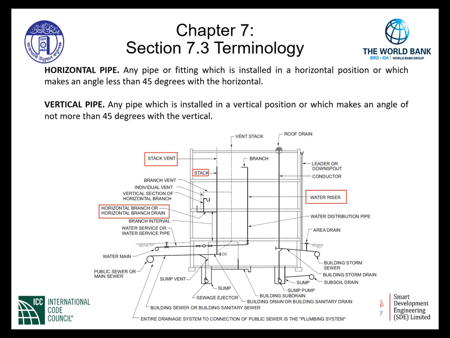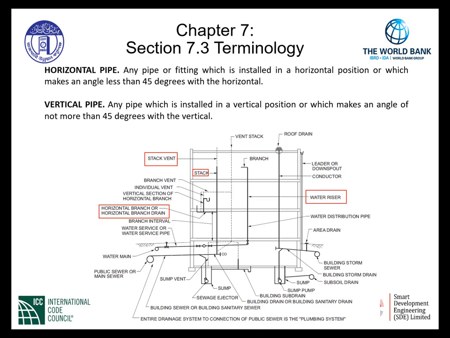Horizontal pipe is defined as any pipe or fitting which is installed in a horizontal position or which makes an angle of less than 45 degrees with the horizontal. When we look at the drawing below, we can see a pipe designed as a horizontal branch or horizontal branch drain. Looking at this particular pipe, we can verify that this is properly defined as a horizontal pipe according to